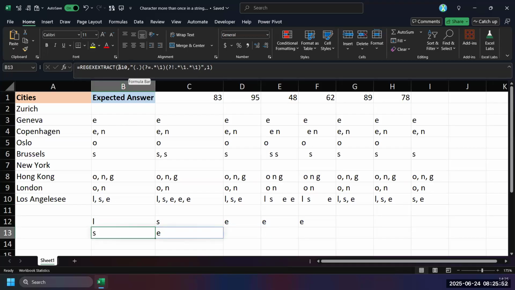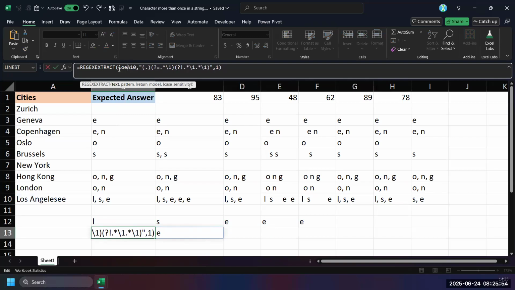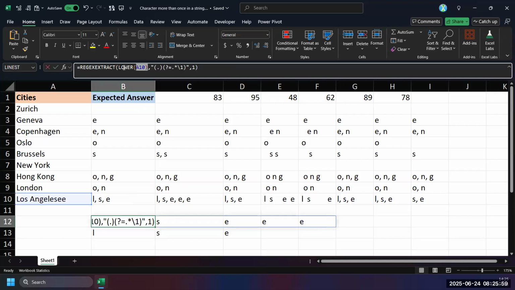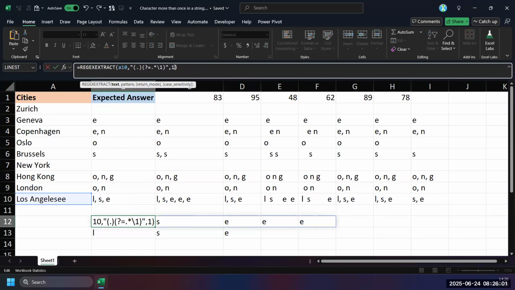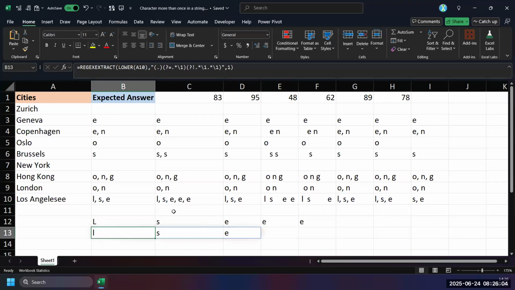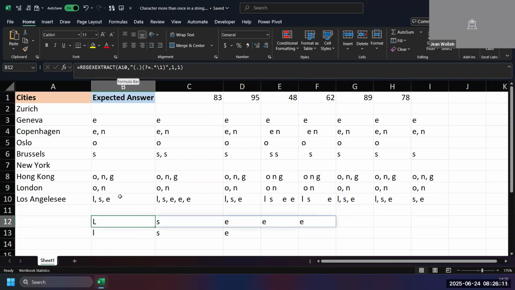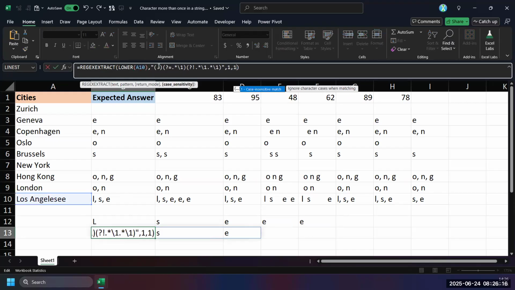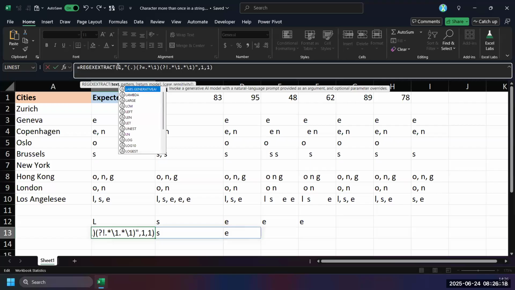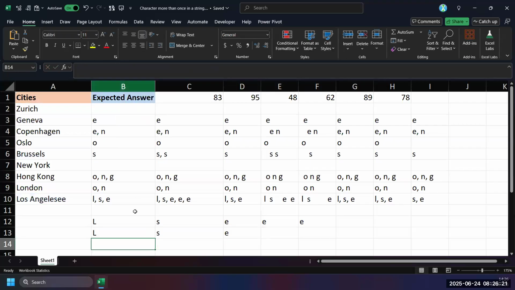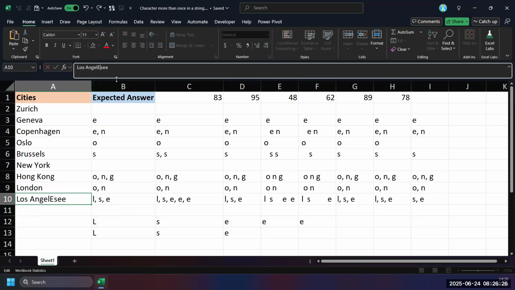But lower here also gets the small L. Another thing is I can go case sensitive, but this one will extract the first one, which is capital, and then the sample is small letter. Go with that lower one. So I think it's the same here. Yeah, it extracts the first one. So I guess if I put this to E,